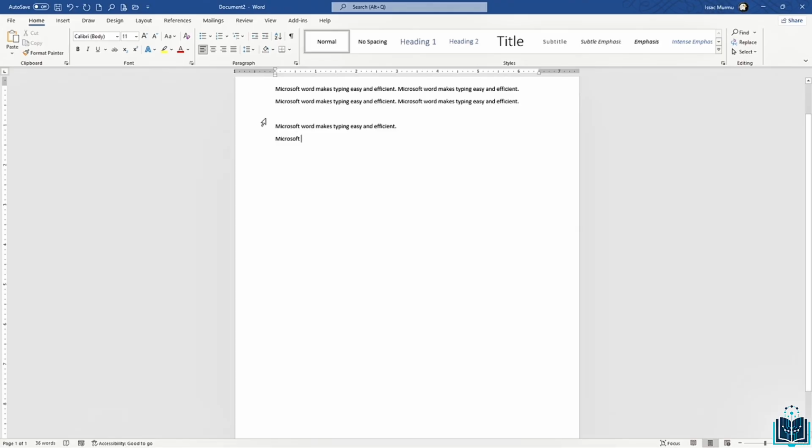So redo repeats the last undone action, and you will find the redo button next to the undo over here, as the curved arrow pointing to the right. Okay, so for example, if you undo the sentence you typed but then realize you actually wanted it back, click on the redo